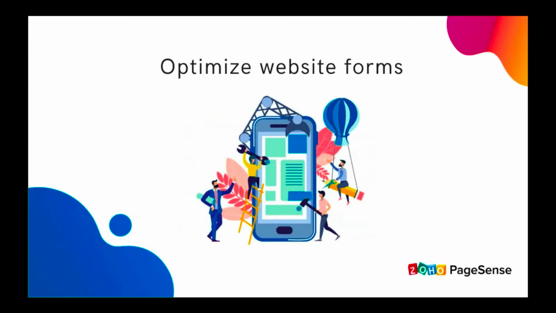Optimizing website forms. Nothing can hurt your conversions like visitors dropping off at the last moment. With session recording, you can spot the friction in your lead generation forms and identify the fields that cause drop-off. For example, if you see a sudden drop in your form submissions, you can just pull out a recording and watch how visitors fill your form. Chances are a visitor is repeatedly filling the password field and the form does not progress. So you can tackle this by adding a simple password validation error message.